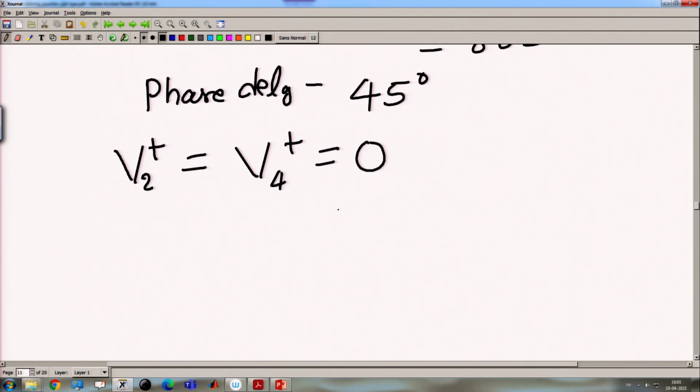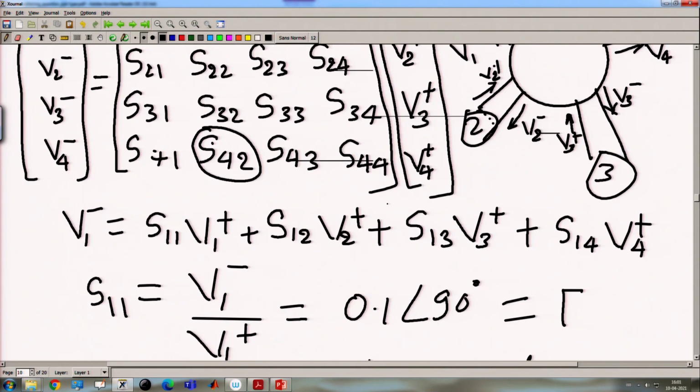Since port 3 is short circuit, V3 plus equals minus V3 minus,